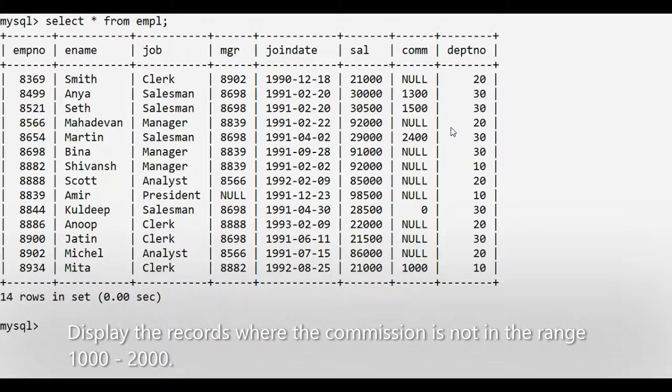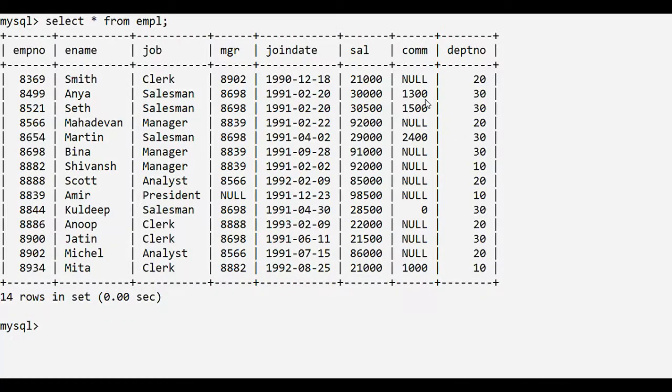Let's first manually solve the query. 1300 lies in the range 1000 to 2000, so it will not appear in the output. 1500 lies in the range 1000 to 2000, hence it will not appear in the output. 2400 does not lie in the range 1000 to 2000, hence it will appear in the output. 0 does not lie in the range 1000 to 2000, hence it will also appear in the output. 1000 lies in the range 1000 to 2000, hence it will not appear in the output.